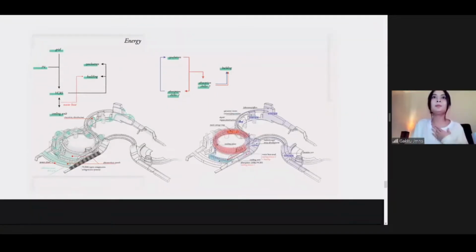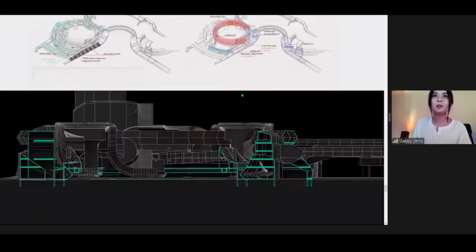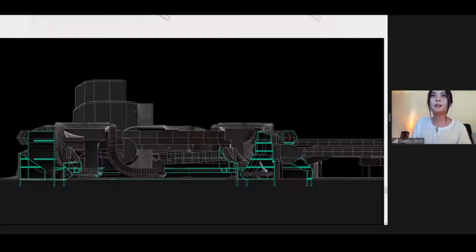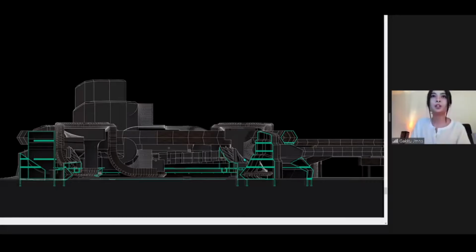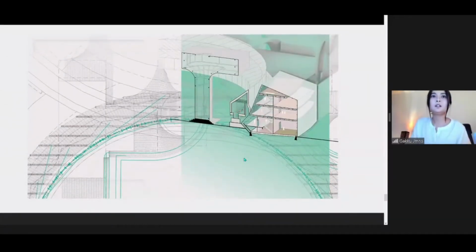So the concept of the energy distribution starts from the city grid and photovoltaics, which generate the energy for both the thermal cooling of the accelerator through the cooling pipes, which cover the accelerator, and secondly, the distribution of the electricity through the formal panels that are situated throughout the whole building. The room for treatment, as well as the solids that accommodate bioreactors, is adjacent to the accelerator, just as seen on the section, and just as seen here on the close-up of the accelerator body.